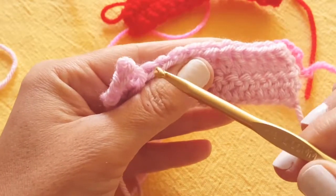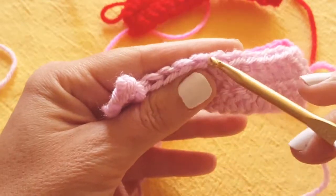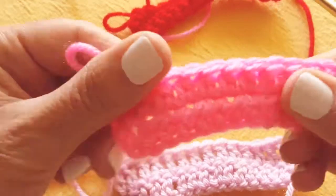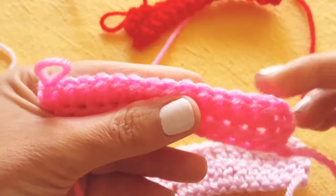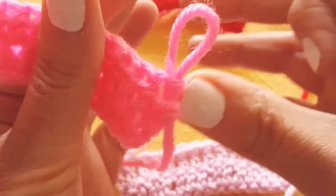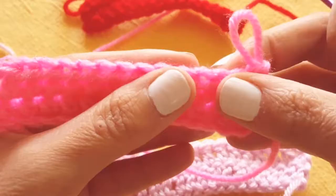But almost always when you're counting your stitches, you want to count from the top loops here that create these V's. You will also hear the term bottom loops. So in this example, this is a half double crochet sample. You'll find that you have the front loops and the back loops. Okay, so when you're working your stitches, when you turn it over, you'll hear that